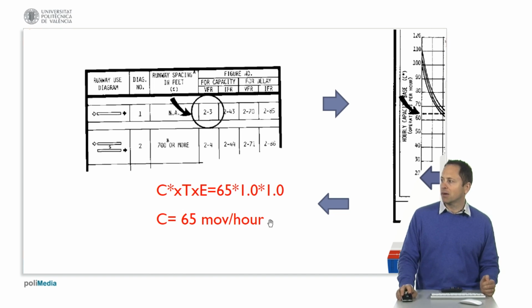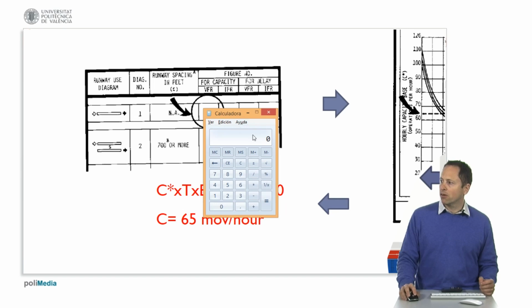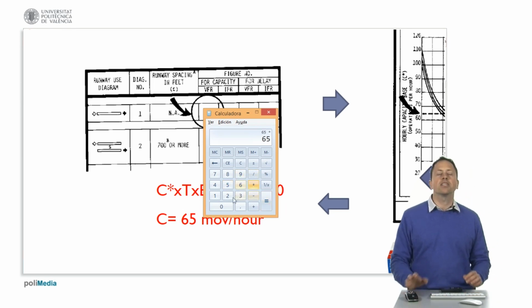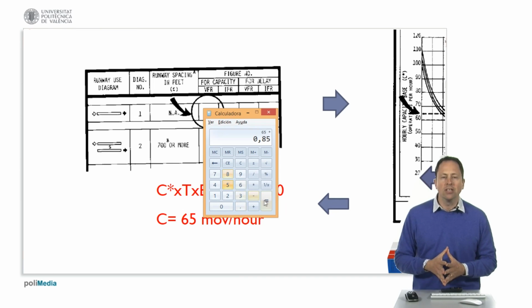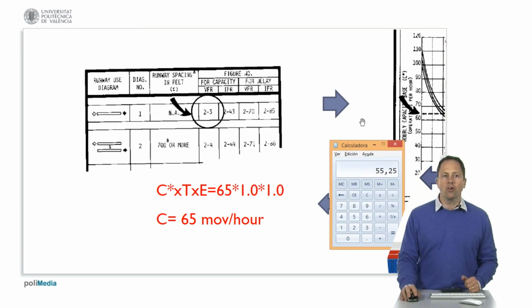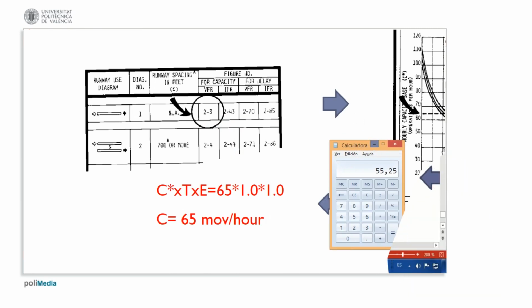Then we have a total of 65 movements per hour as maximum capacity, that we have to multiply by 0.85 or 0.9 to calculate the declared capacity. And here is where it should be more or less, we are going to multiply it. 65 multiplied by 0.9 is 58. Or 65 multiplied by 0.85 is 55. What is a little bit more of what we have as a best-in-class airport capacity for a runway in visual meteorological conditions, according to the